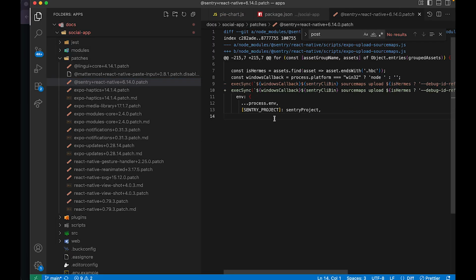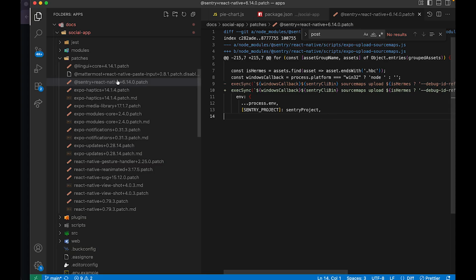If there are any patches there, it grabs that and makes the required changes in the node modules, and then from that file only it bundles and builds the app. Okay, if it's only a JS file,